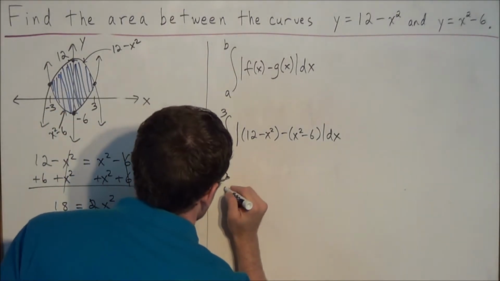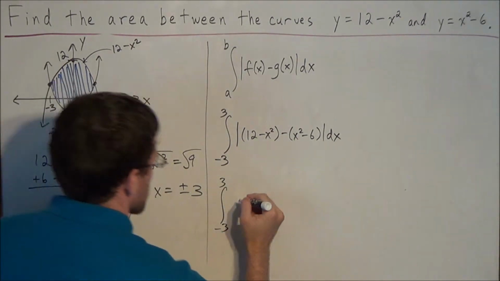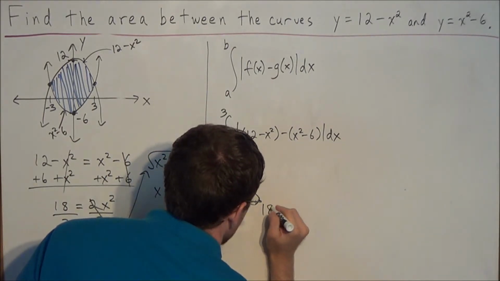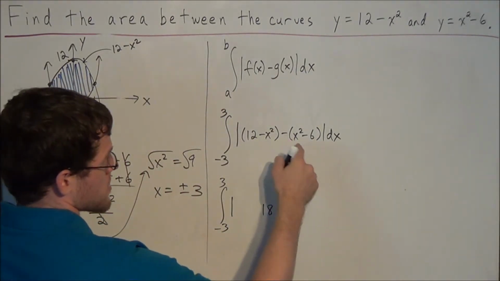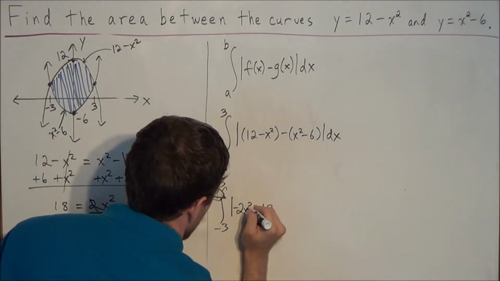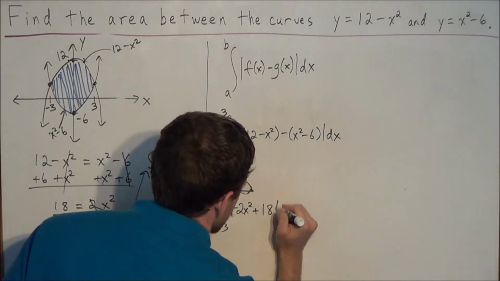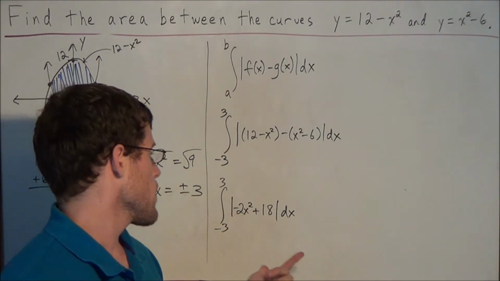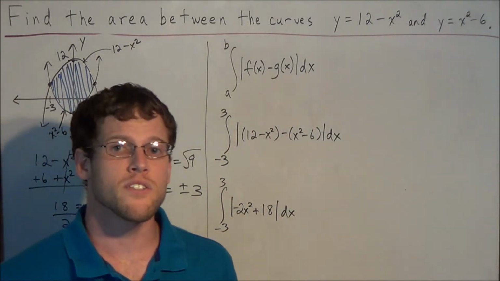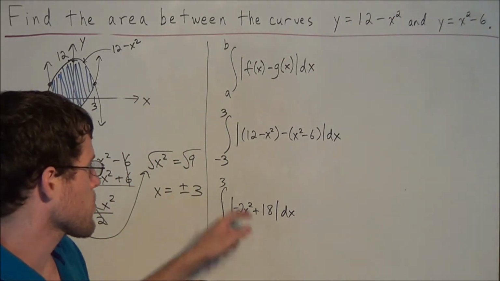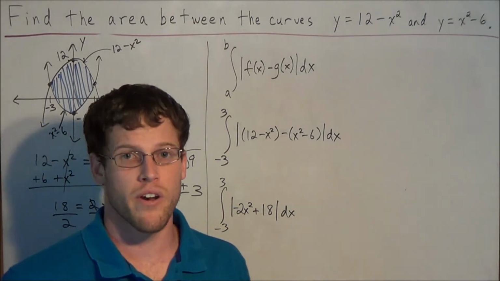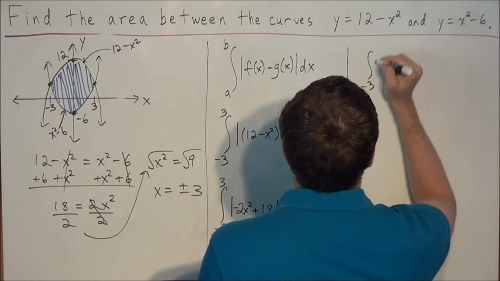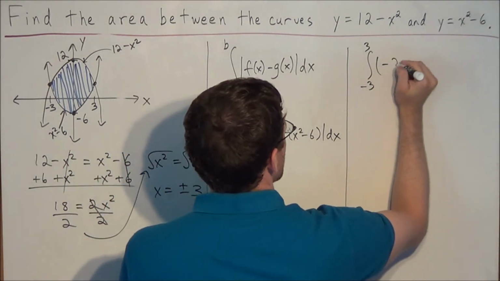So what we're going to do in the next step, we have the integral from negative 3 to 3, and we're looking at the absolute value of 12 minus negative 6, which is a positive 18, and we have negative x squared minus x squared, which is a negative 2x squared. So you have negative 2x squared plus 18 inside of our absolute value bars, dx. And one thing you could quickly check, notice that this expression, negative 2x squared plus 18, is always greater than or equal to 0 when we're between negative 3 and 3. So that was the purpose of choosing f of x to be the greater function, because now we could just simply rewrite this as the integral from negative 3 to 3 of negative 2x squared